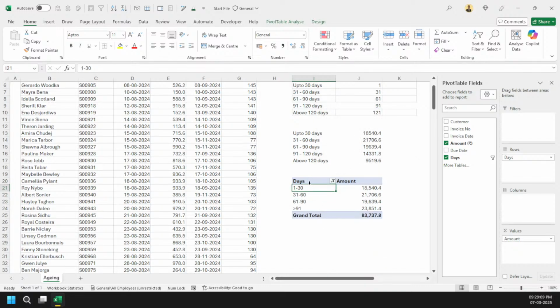So let's see. You can see here, right? I've got 1 to 30. That's what I've got. 31 to 60, 61 to 90, and 91, or you can say above 91, right? And see, I don't like the names like this. So what can I do? It's very simple. I can replace them with up to 30 days, and then here I can say above 90 days. So that's one of the ways you can say that we can use pivot tables as well for data aging